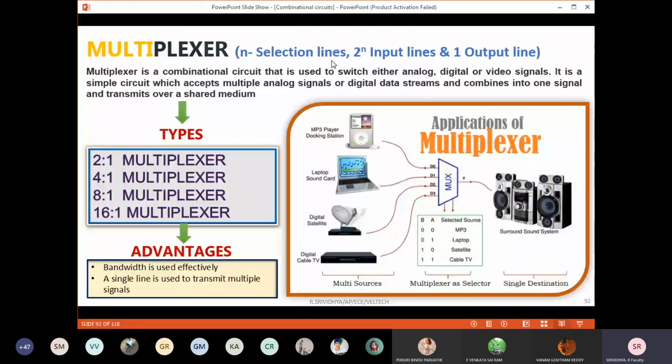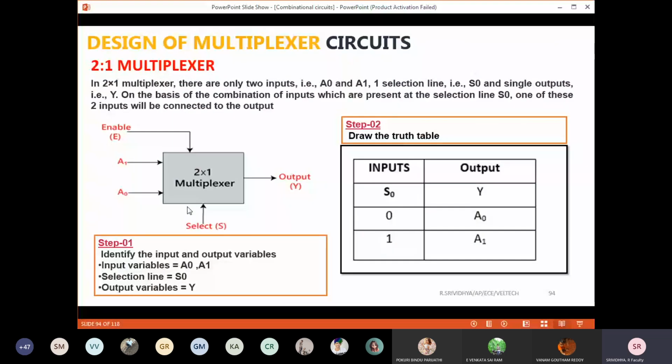So here it is going to be only one select line. Now you all have set this as your input. That step I am always following. Step 1 is indicating the number of variables and the names of the variables. The second is your truth table, third is your K-map, and fourth is your logic diagram. The same steps only.